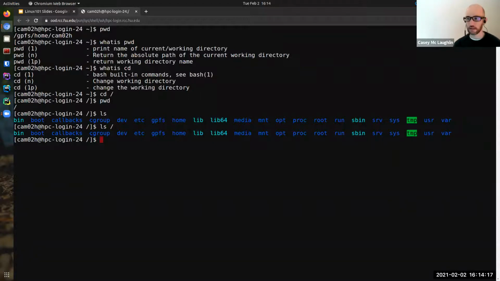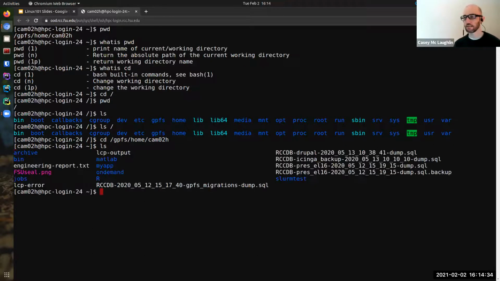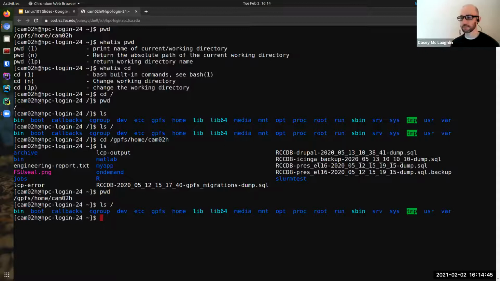All right. Now, let's say I want to go back to my home directory. My home directory is located here. So change directory /gpfs/home/camo2h. And you see it changes to that tilde again. And if I do a list in here without any arguments, it prints out the contents of my present working directory, which is my home directory. However, if I add an argument, it prints out whatever I want. Not to beat this to death, but I just want you guys to understand how this works. So I'm going to go back up to the top,